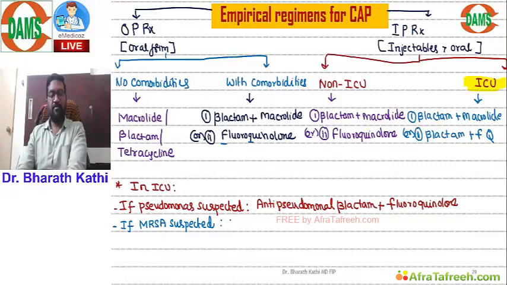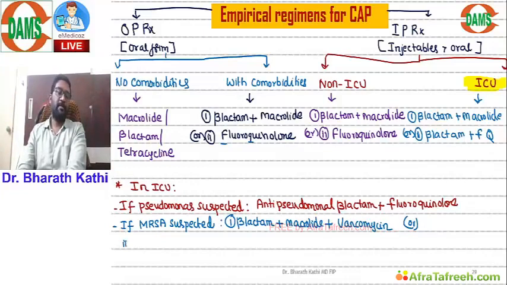Now in such situation, the first regimen that we use in our country is beta-lactam with macrolide with vancomycin or linezolid, or there is another regimen,